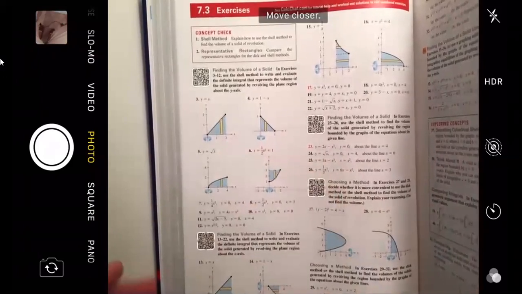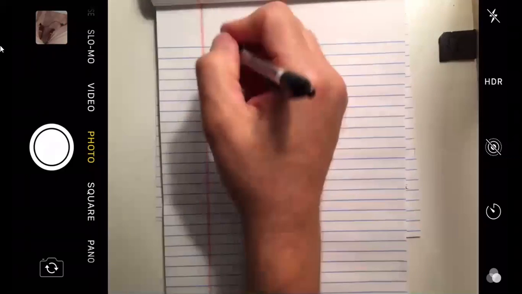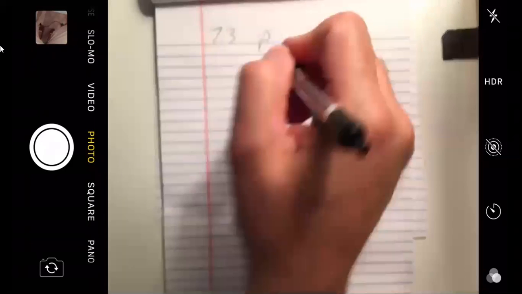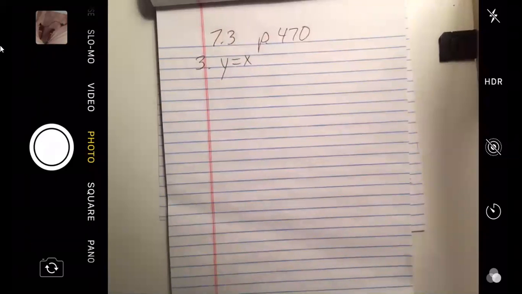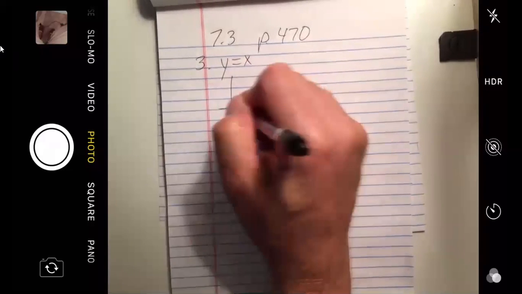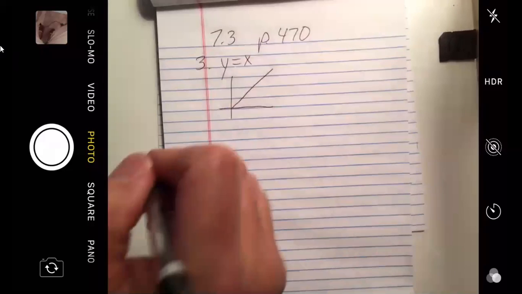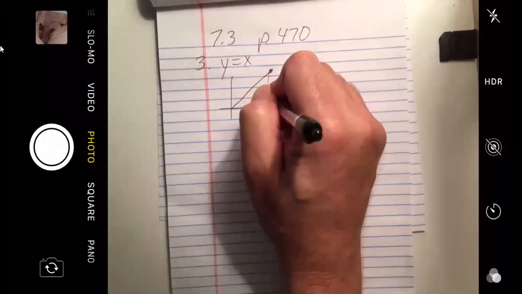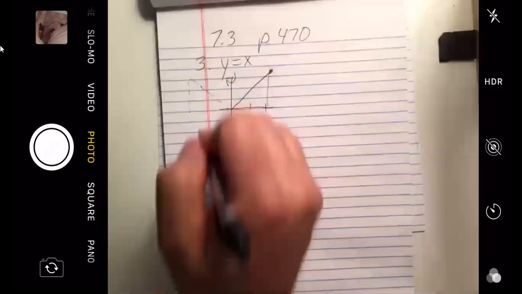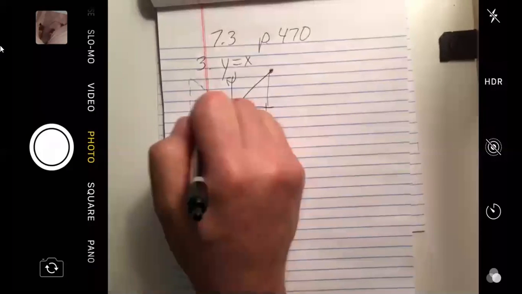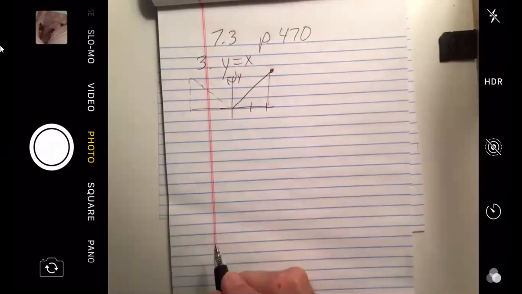I guess I'll just charge into the first one, number 3. It's a simple one, y equals x. Page 470. Number 3, y equals x. So in effect, the horizontal 45-degree line, they're going up to 2. Spin it around the y-axis, which means you get a mirror over here. Around the y-axis. So find